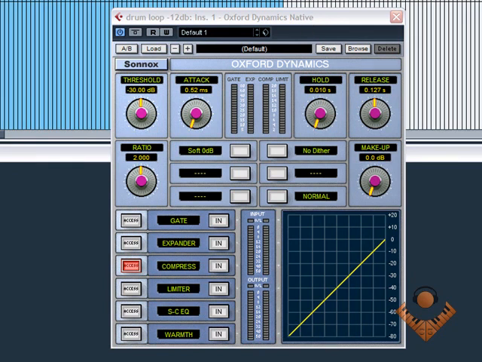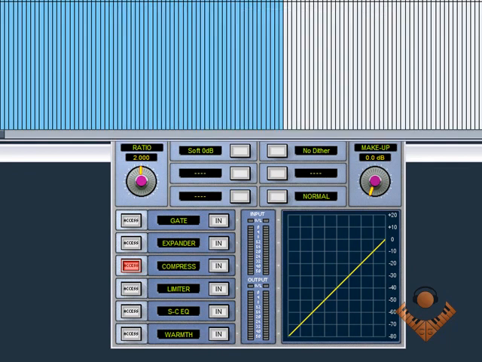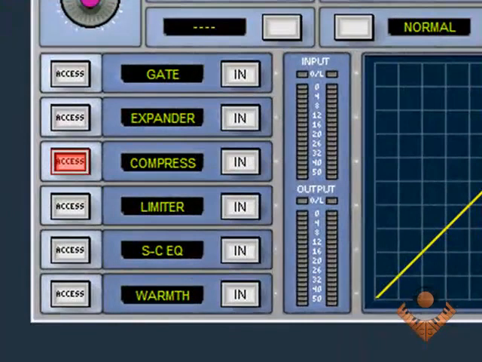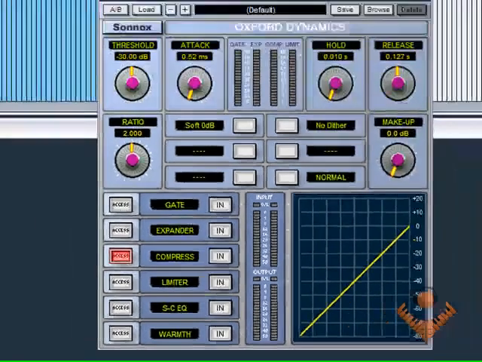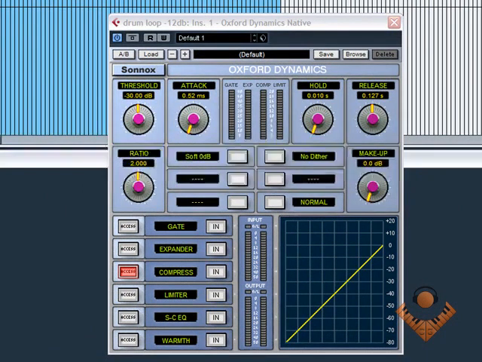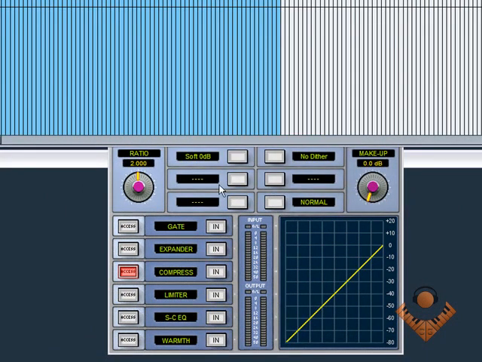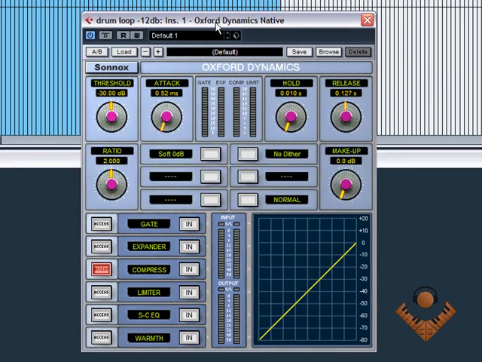What we've got here is two drum loops, one that's considerably lower than the other one. I'll just let you hear them. Now just watch the output level. As you can see, the output level of the first one is down here, and the output of the second one is much higher. So what we're going to do is use the compressor to bring these both into line to control the level